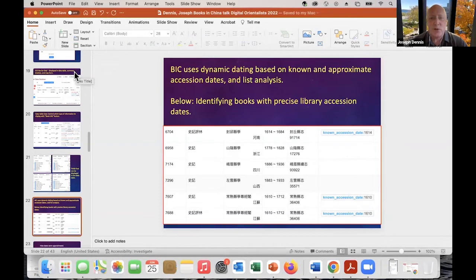So then I have a very close approximate date for when that book was put in the school library. But in other cases, I have to do some more research to give an approximate date. So I then create a range of dates that become the basis for doing the timelines. So it's a mix of precise information and less precise information.